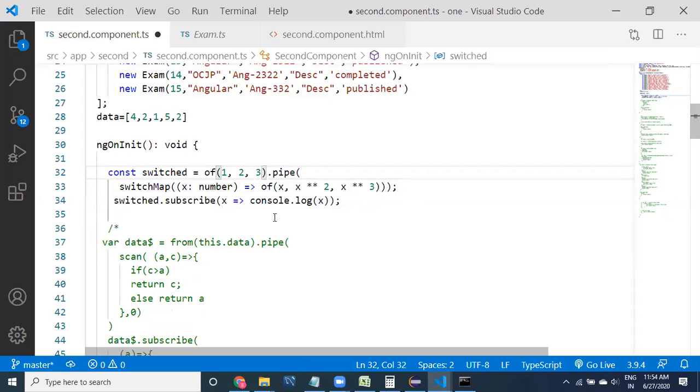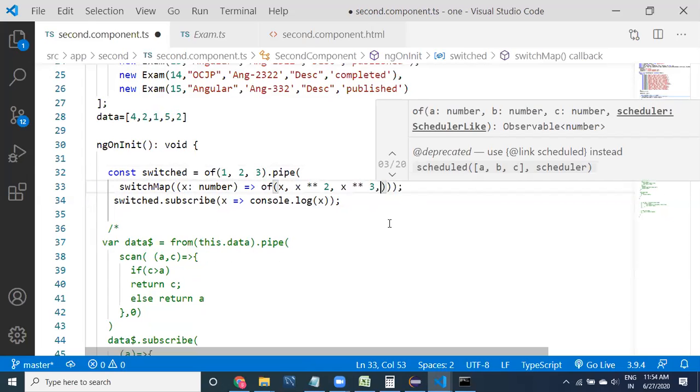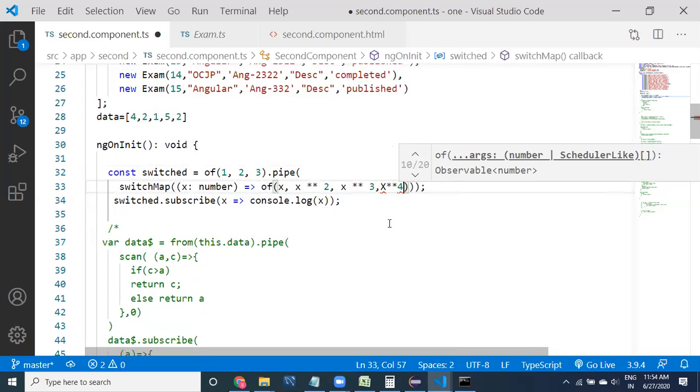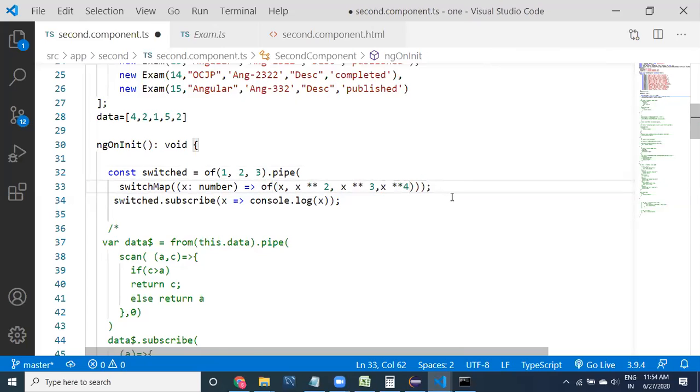For example, x power 4, so that for every one value it is going to generate 4 values. For 1 it is going to generate 4 values. For 2 it is going to generate 4 values. How many values you want to generate, what type of logic you want to provide, you can provide here.